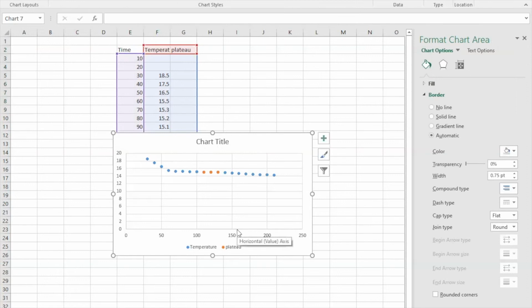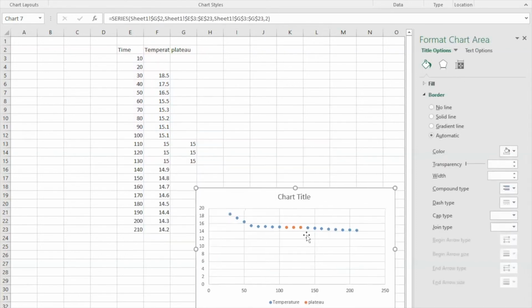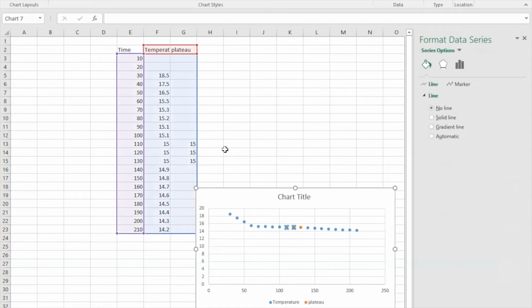Now you can see this little yellow thing, okay? If you click on the yellow, you're actually selecting, whoops, did not mean to grab that chart title. Okay, if you select on the yellow, you can see how you're just selecting that data, okay? The time and that data. If you select the blue, it's the time and all the data, okay? So what I want to do is select those 3 data points,